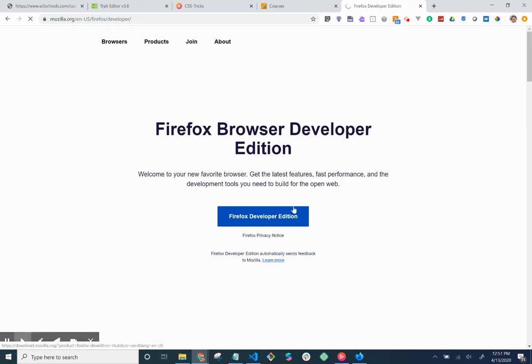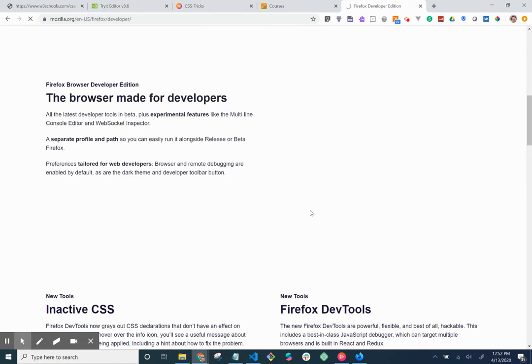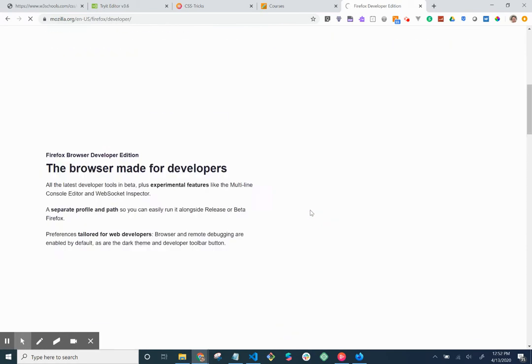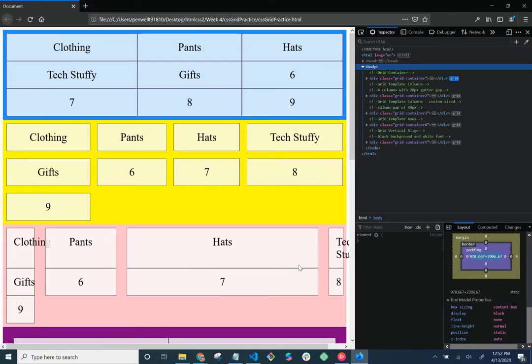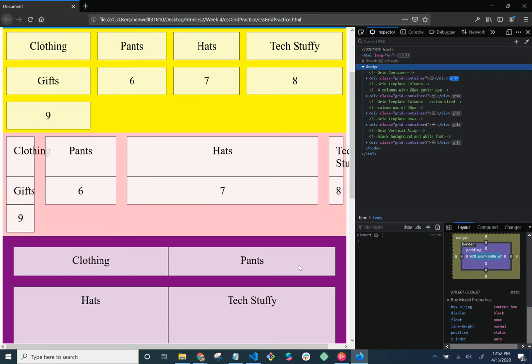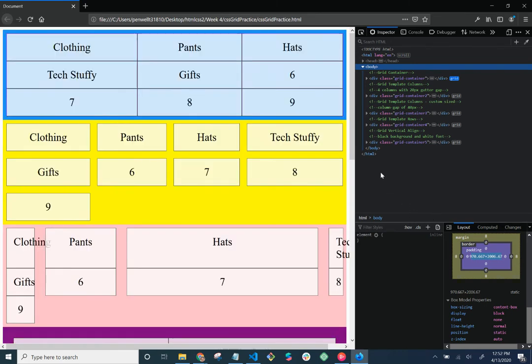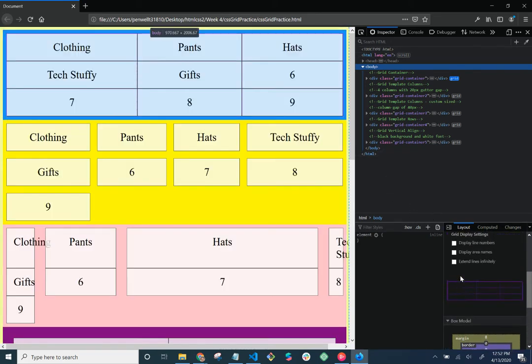So I already have it. Somewhere, once all my images load and everything that should load on this page, there should be a download button for you to download Firefox. Or like I said earlier, I already have it downloaded. So this is what I've been working on for our practice. And what's nice about